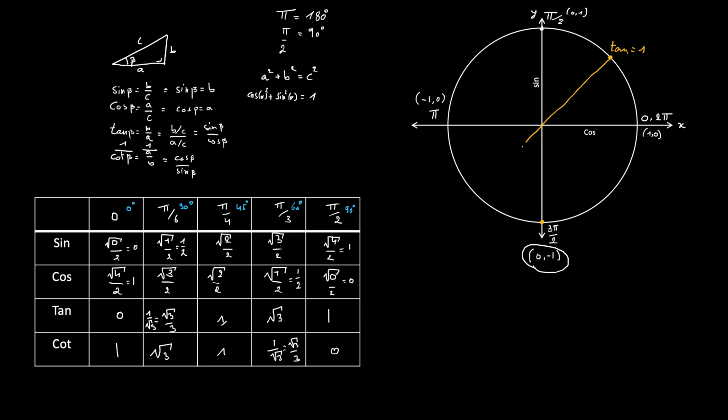But when you cross it all the way over here, they're again going to be exactly the same. They're just going to be negative values, both cosine and sine, right? But minus over minus is just going to cancel each other out, so you end up with tangents is 1 again. Okay, and what if we're in these other quadrants? What if we're in quadrant 2 or 4? Well, in this case, sine is going to be positive and cosine is going to be negative, but they're going to be the same